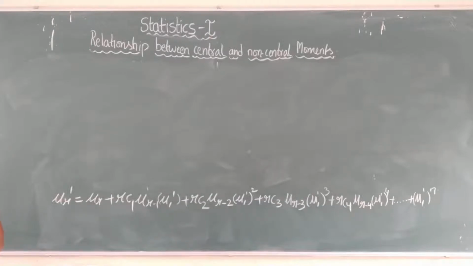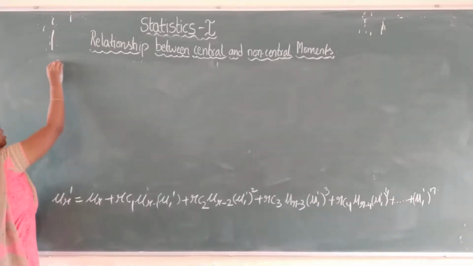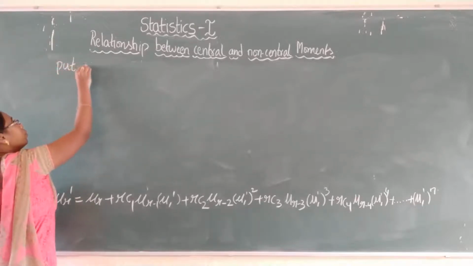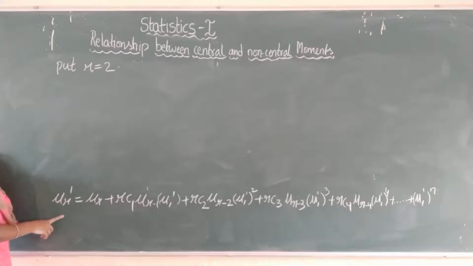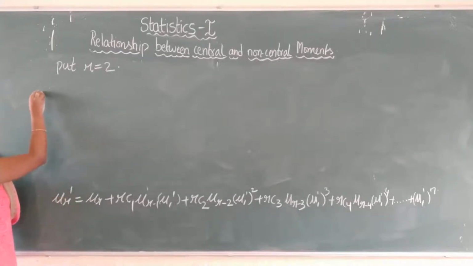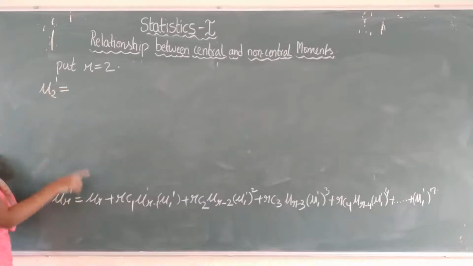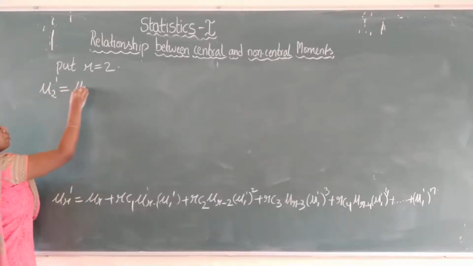Also we know, we have seen in our notations, that is node points. So we will take the values from r equals to 2. So here r equals to 2 means first mu2 dash value we are going to get. So mu2 dash equals to mu r means mu2 plus